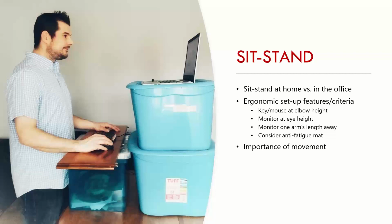We don't need to invest in a $600 or $1,000 height adjustable desk, right? We can make that happen at home as long as it is properly achieving an ergonomic setup. Right, so those are some examples of the content and just things to think about